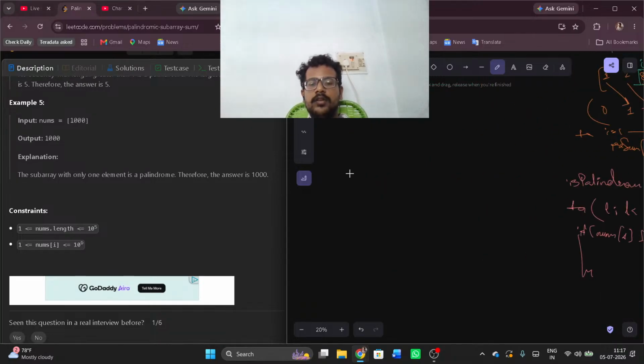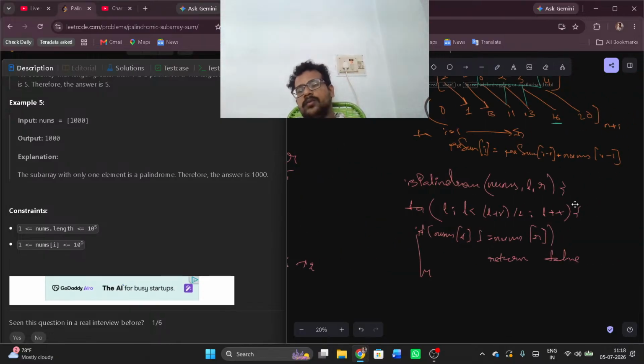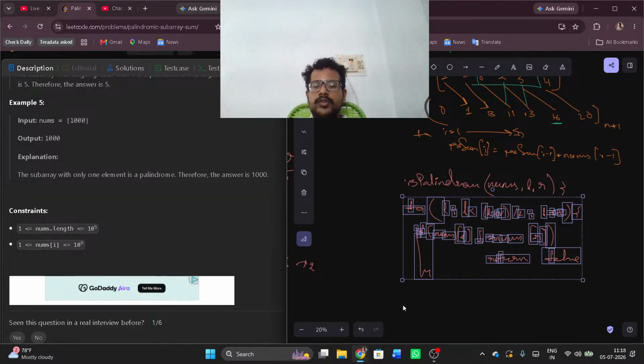What if 1, 2, 3, 4, 5, or 1, 2, 3, 4? L is here, r is here. L plus r, 6 by 2, 3 is less than 3. Yes, it should be less than 3. L is here, r is here. L plus r, 1 plus 4, 5 by 2, 2 twos are 4. So this palindrome should check